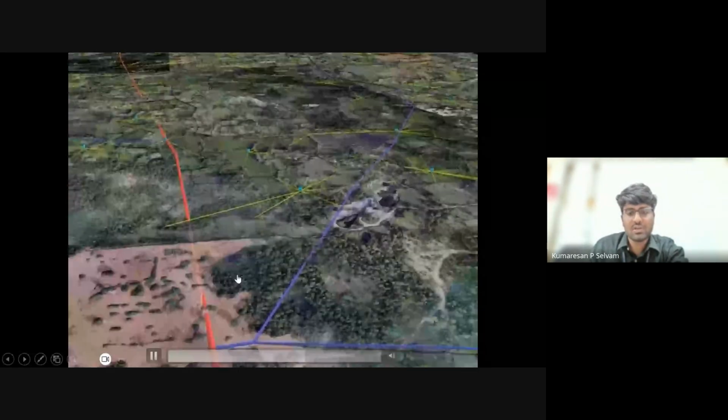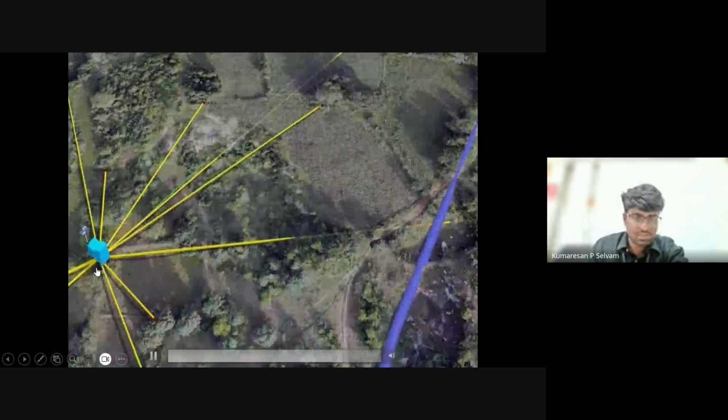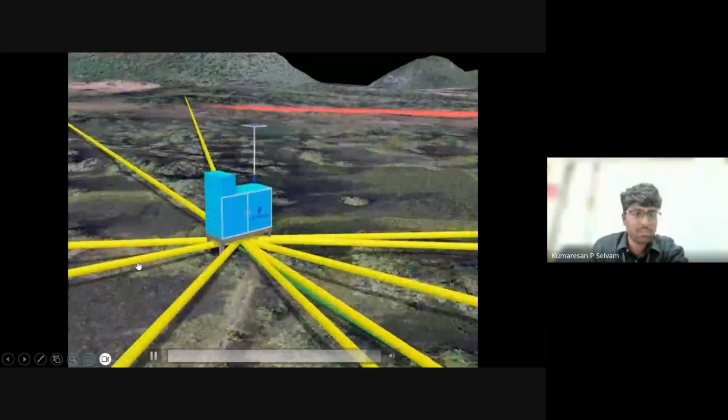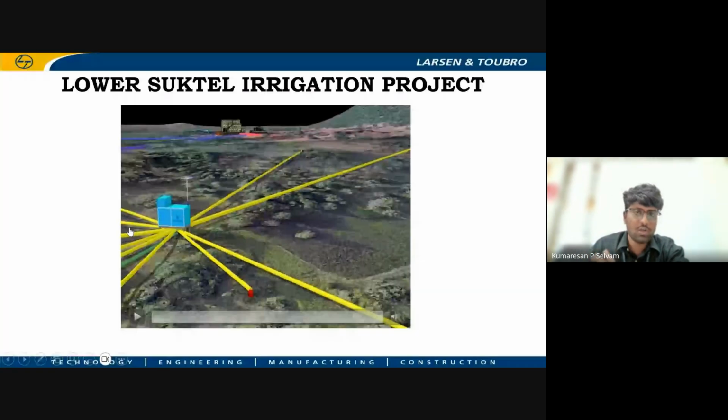You can see this is the outlet box. These are all the distribution network at the end stage, where the outlet box will record to whom how much water should be given. Everything will be recorded inside this outlet box, and that data will be transferred to the pump house. This is how BIM-JS is used for asset management also.